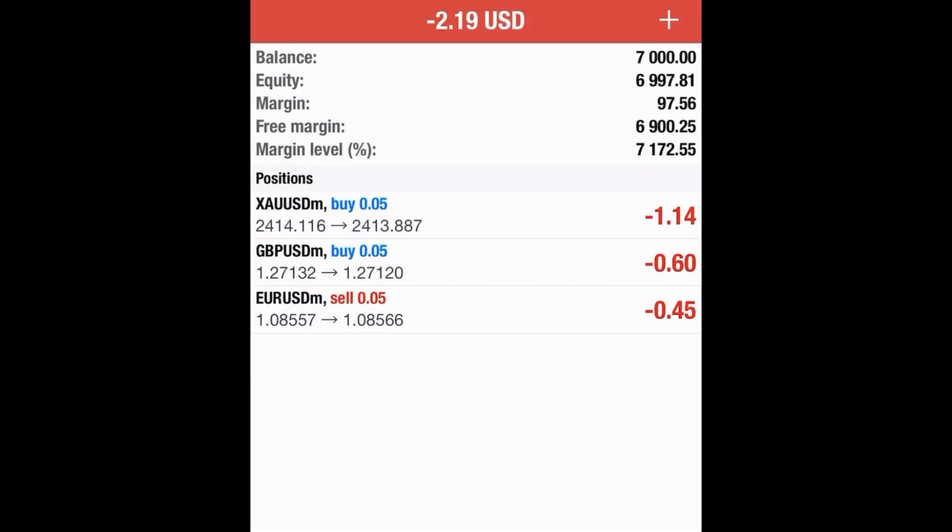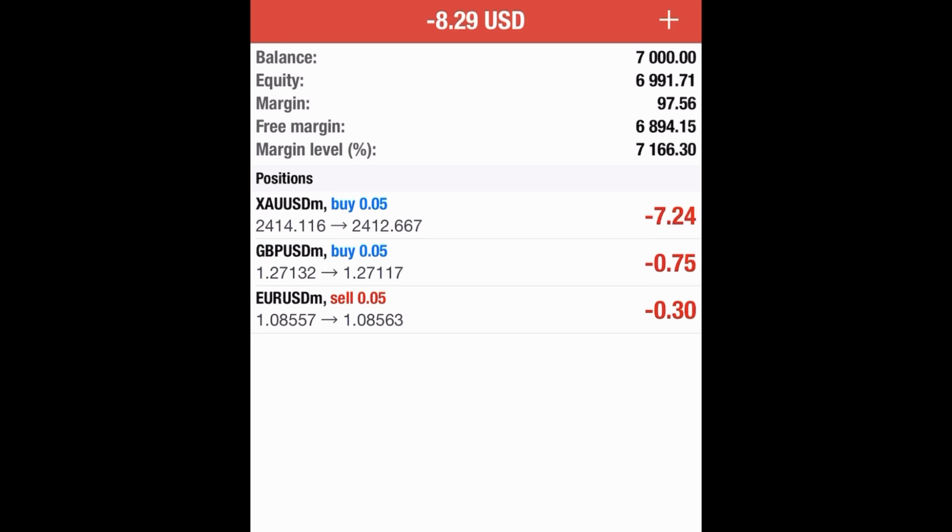So once you open a trade, you see that your balance is 7K, your equity is 6,090 something, your margin, which is the amount you are putting into the trade you currently have, and the free margin, which is the balance that you can use to trade from your 7K. 7K is the initial balance. Free margin is how much remains from the 7K that you can use to trade. Margin is how much you are currently using to trade out of the balance you have, and like that. So that is it. These are the trades that are currently running, and you see them on the trade